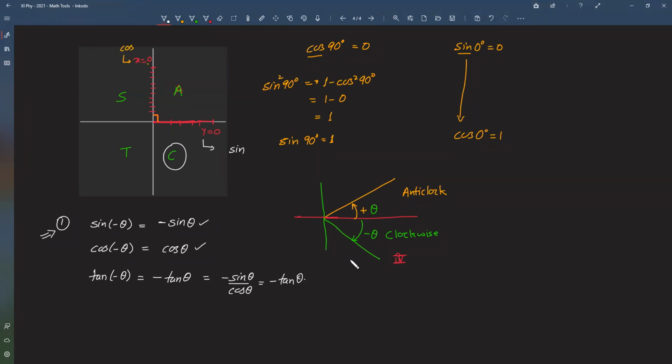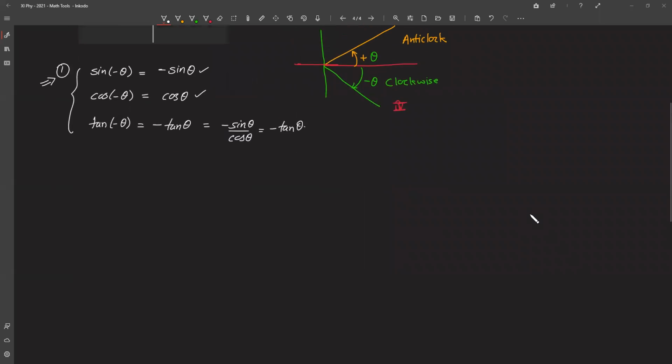right? So that's about negative angles and the values of different trigonometric ratios, sine, cos and tan basically, and others you can derive from this itself. So that is about the negative angles. You have to be very careful about, and this is very simple. You don't have to do a lot of research on this. Just apply the basic logic.